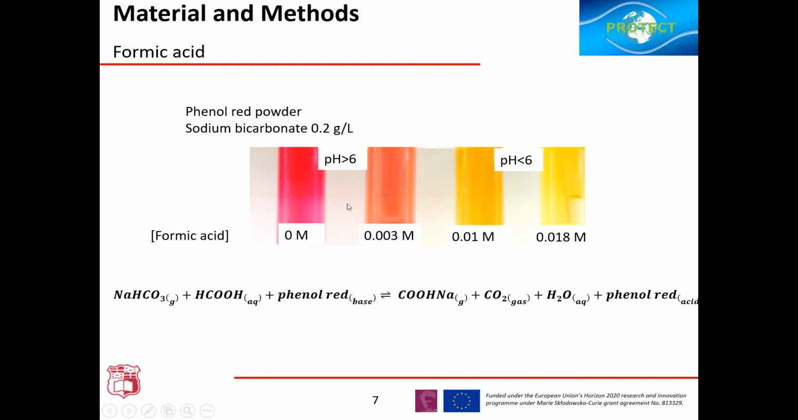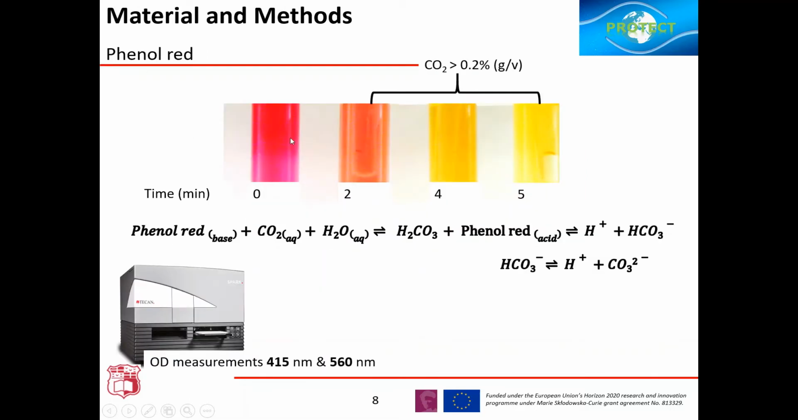We associate this color change with the color change that occurs naturally due to the dissolved carbon dioxide in the solution. We can see here the color change after 5 minutes in concentrations of carbon dioxide above 0.2%. The chemical reaction that is happening is this. The carbon dioxide combines with water to produce carbonic acid, protons, bicarbonate, and carbonate. The color change results in different optical density readings, which were quantified using a microbial spectrophotometer